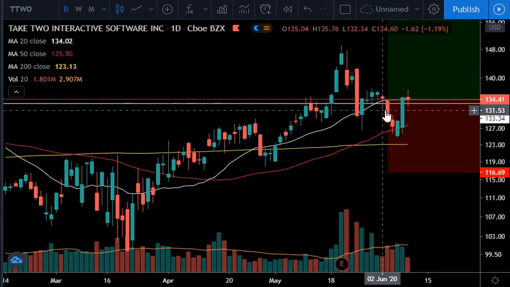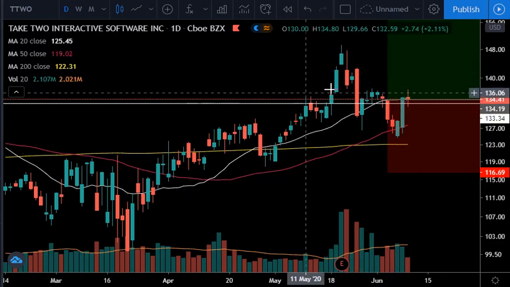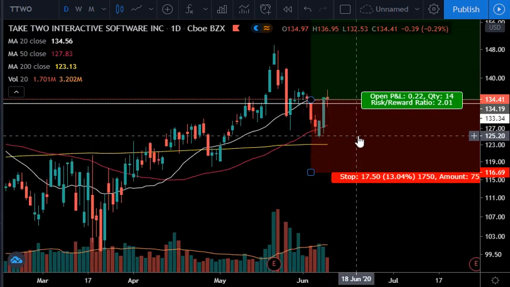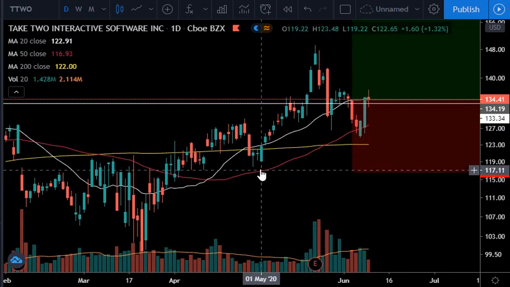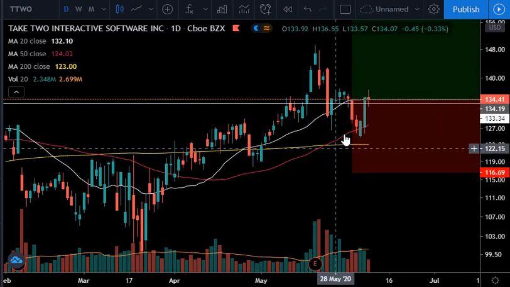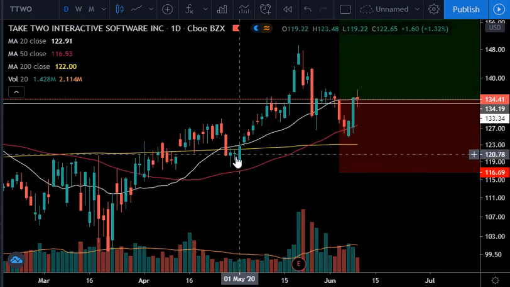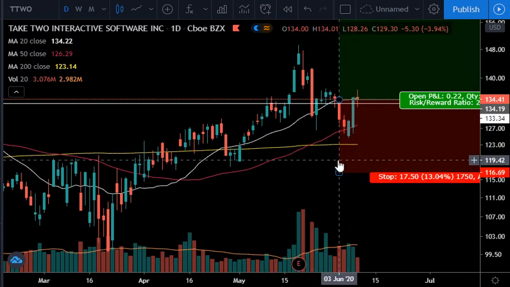So I took the trade on June 2nd at a risk reward that looks very favorable by placing my stop 13% below. Why did I choose that level for my stop placement? Because it's below this prior low and below all three moving averages. Obviously, my trade thesis would be invalidated if it broke this low and is trading below, especially the longer term